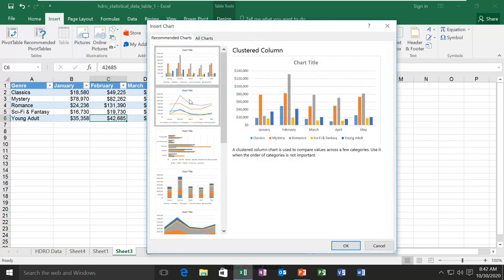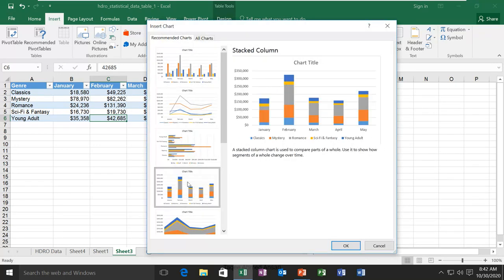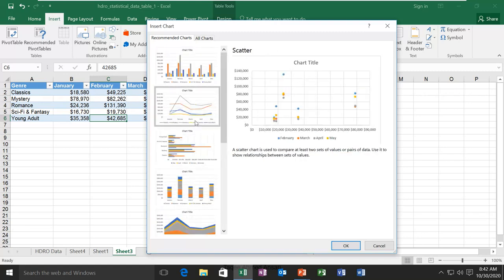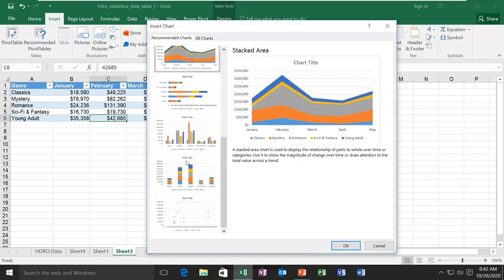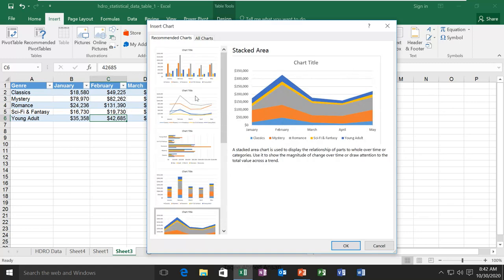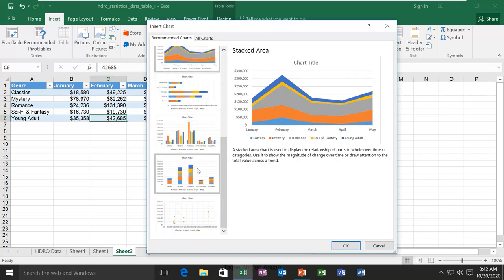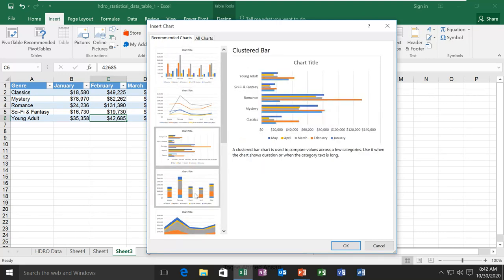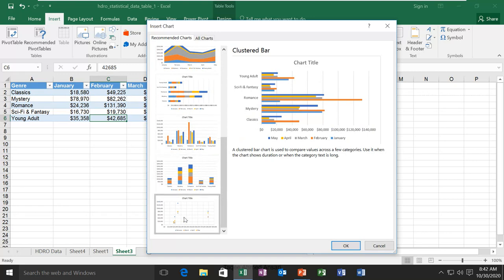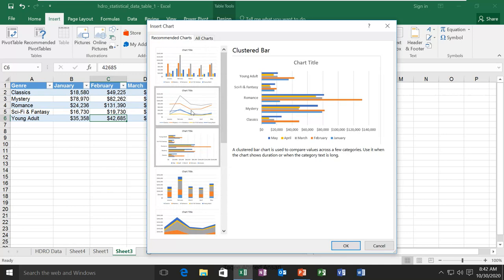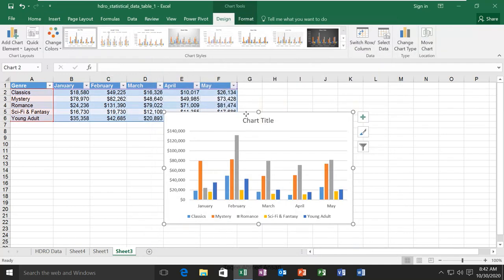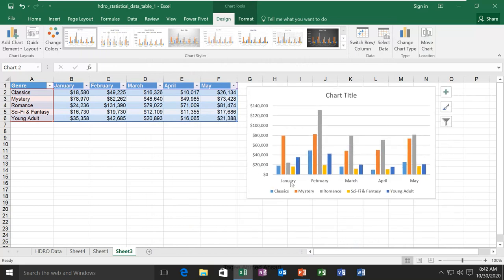Now it is showing you all the charts. Excel is showing the charts which we can use with this data. And if you see here, there is no pie chart. That means it is not represented by the pie chart. It only has column, bar and surface and so on, but it cannot be used for a pie chart. So we can select what we want, and then you have the chart in your worksheet.